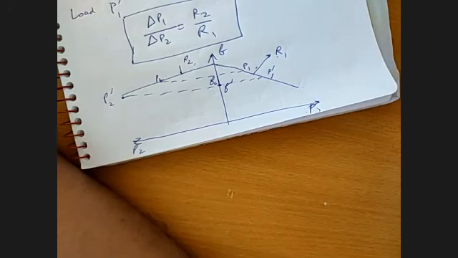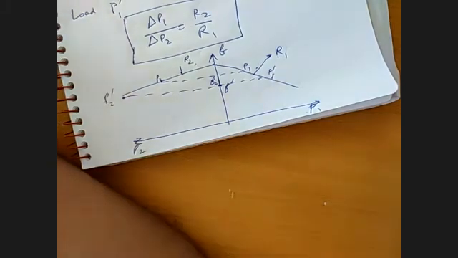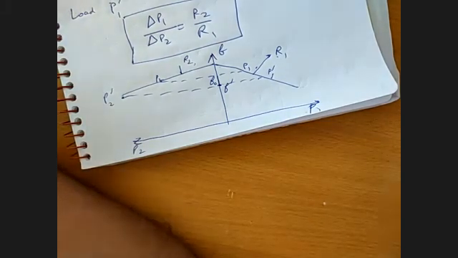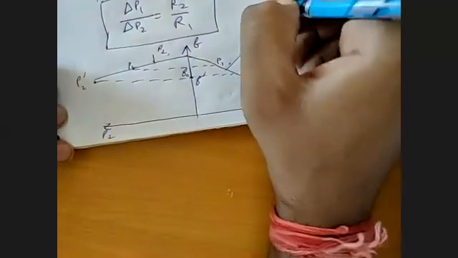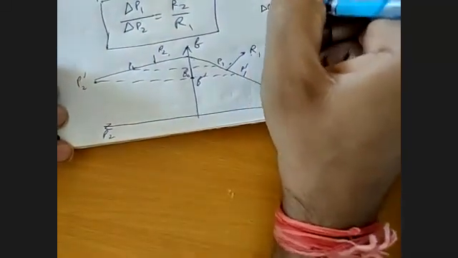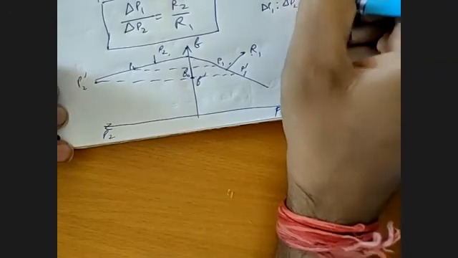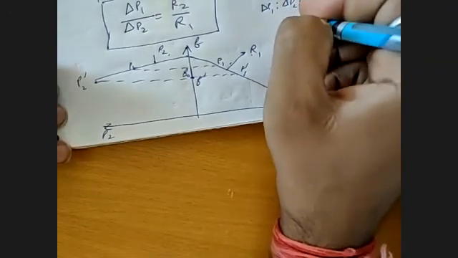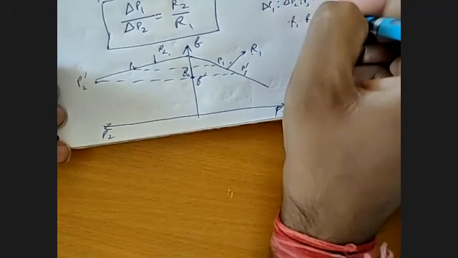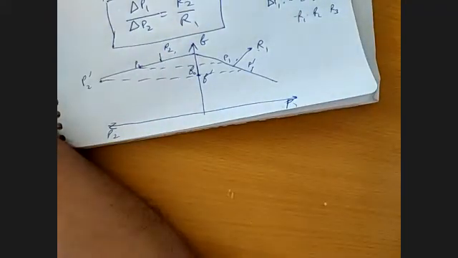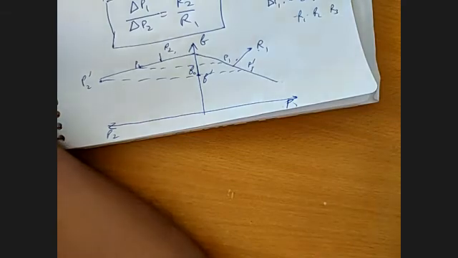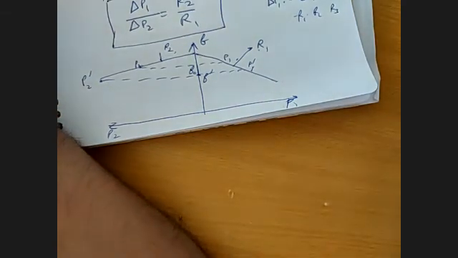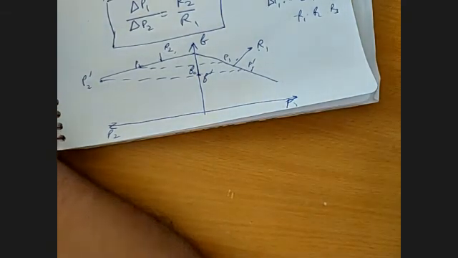So this is how the load will be shared when we have two units working in parallel. Similarly, when we have more units, P1, P2, P3 will be according to their R1, R2 and R3. So this is how we will be sharing the load among the generators according to your droop characteristics.